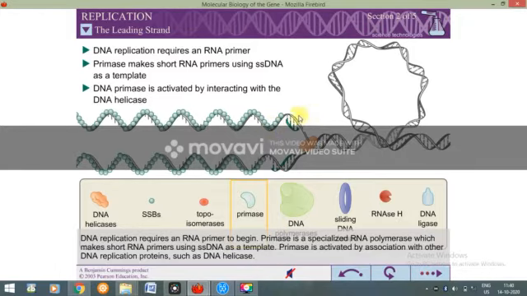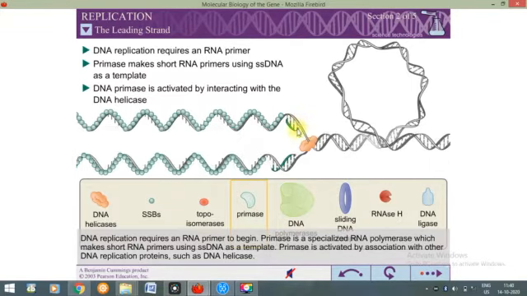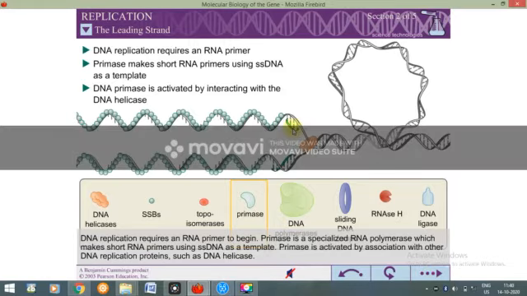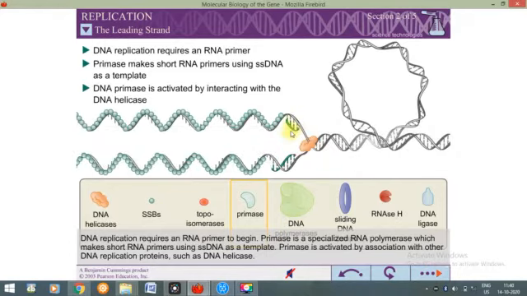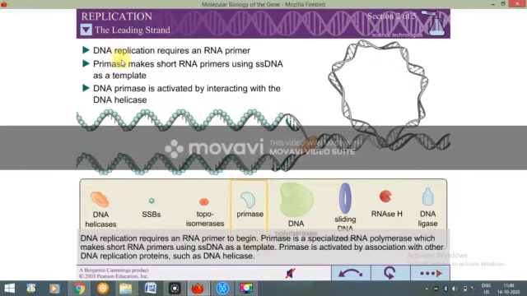Now if I have A over here, A means adenine, if A is here, normally if it is DNA it will form T, but since it is an RNA molecule, it will form U, because in case of RNA, thymine is replaced by uracil, so you will get U here. If there is G in this parent DNA or ssDNA, then you will get C here. If there is T here, then you will get A here. So this is complementary nature. We have studied this in Chargaff's rule, right? So what is the function of primase here? Primase makes short RNA primers using ssDNA as template.